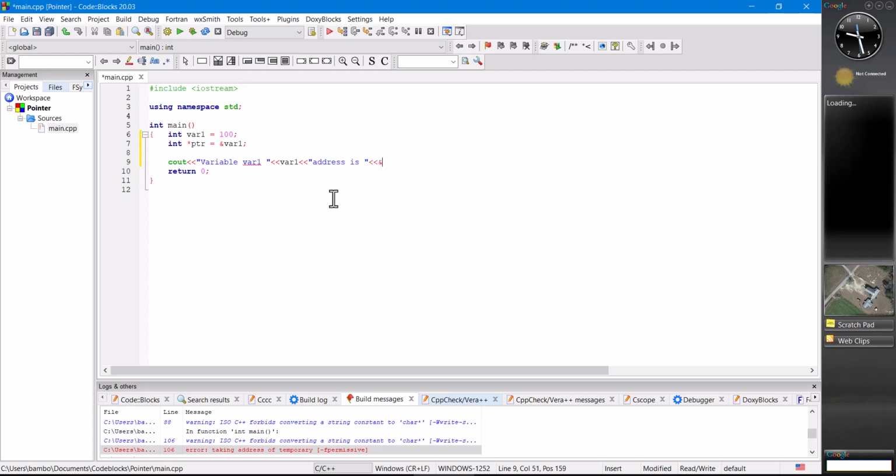We then put an ampersand var1, we put our end line,